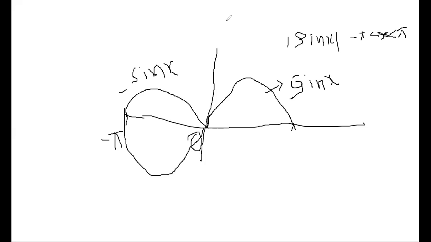Yes, sir. Understood why we are taking only upper curve? Because of the modulus sign. In the interval minus pi to 0, it will be in the third quadrant. If you considered only sin x, because of this modulus symbol, it will come into the second quadrant. Second quadrant means minus sin x. Actually, sin of minus 90 is minus 1. Because the modulus sign is there, we have to make it plus 1. That's why we are considering minus sin x. Minus, if you multiply it, will become plus.